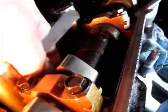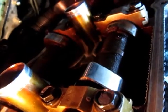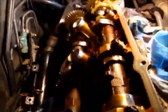So that fits right between the lifter and the base circle of the cam. It's got to be a nice tight fit. So if an 8 works, then go up 1. You keep going up until it doesn't fit. So let's see, a 9, and I don't think a 9 is going to work. Okay, so the best way to adjust these valves, and to get it on the base circle, is you just